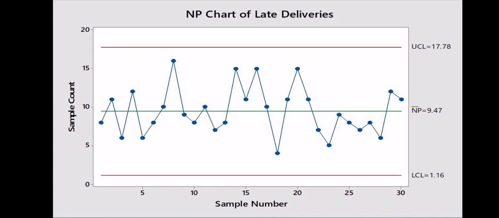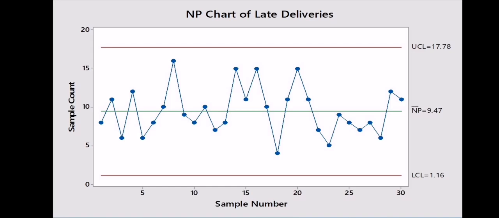Violation of an upper control limit will indicate that the proportion of defectives has increased. Violation of a lower limit will indicate that the proportion of defectives has reduced. And so, of course, a violation of a lower limit would be good news and would suggest an avenue for process improvement. NP charts are based on the binomial distribution,